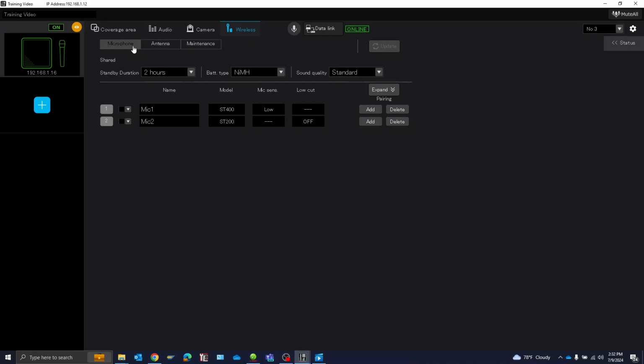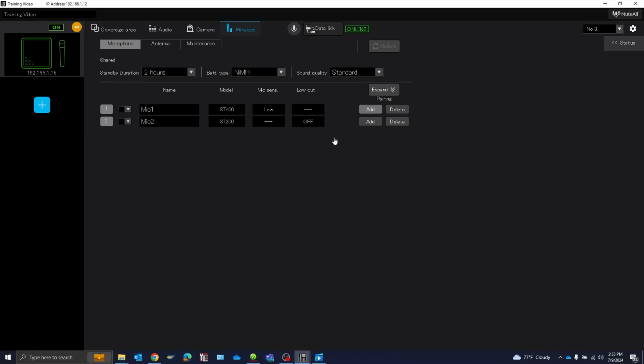The first tab is the microphone tab. This microphone tab is used for any wireless transmitter synced to the WX-AU202 wireless antenna receiver. And remember, that unit is an accessory unit to our ceiling array microphone and cannot be used without it. The way that those two connect to one another is just a simple Cat5 cable. So if those two are connected currently to one another, you're going to be able to do things such as